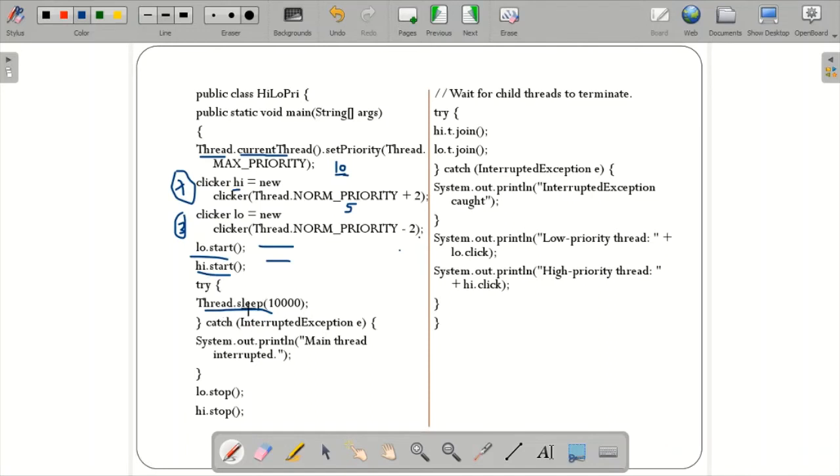After this has been completed, at a certain stage I'll make low.stop and high.stop. That means I'll make my threads dead. Stop is nothing but finally making my thread dead. Low.stop, high.stop. So your thread has been finished over here. When you call stop, it means your thread has been completed for both the priorities. Finally, what I'm going to do is check how much of the processor it has occupied, for example, how many times it has been run. The counter will be printed over here. System.out.println low priority thread and System.out.println high priority thread.